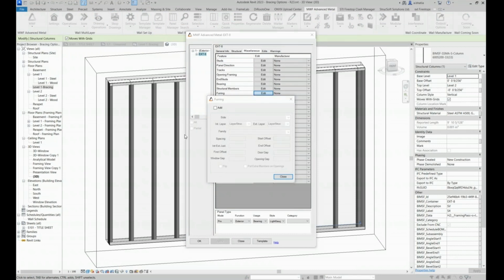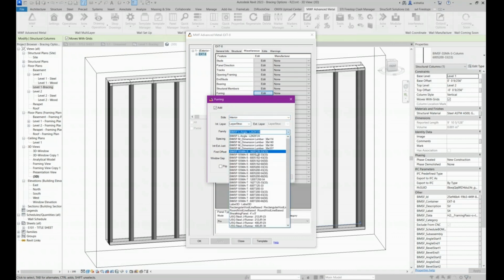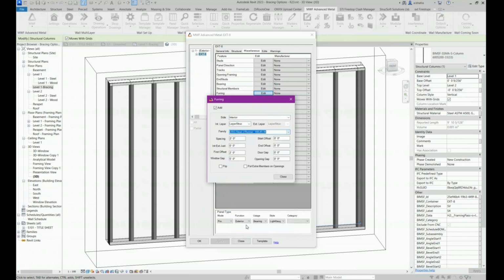Okay. And we can go ahead and choose to enable to add furring over here. And again, we can choose which side we want it on, interior side here. I'm going to just place it on layer structural, and then you can choose your member here. So I'm going to use a JRunner, this guy here. Okay. And then you can choose your first offset. So from the bottom of the panel, you can choose your first offset. So if you want it to be 2 feet, you can have it be starting at 2 feet,